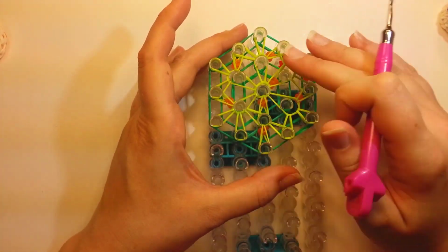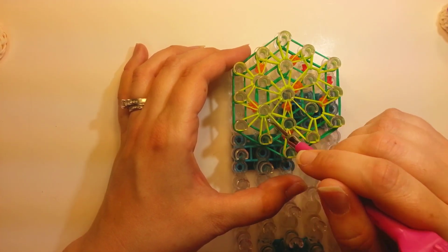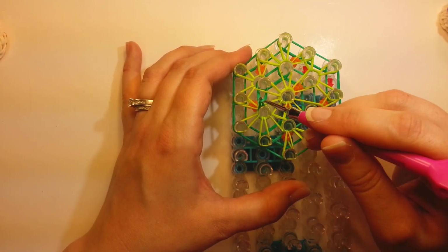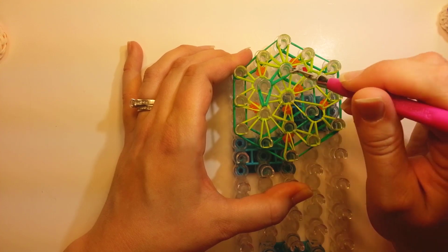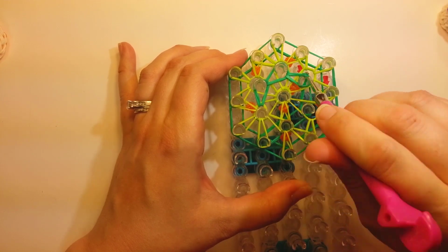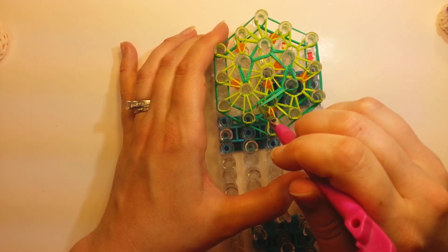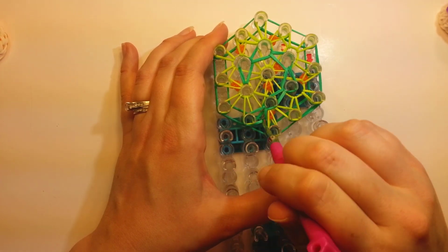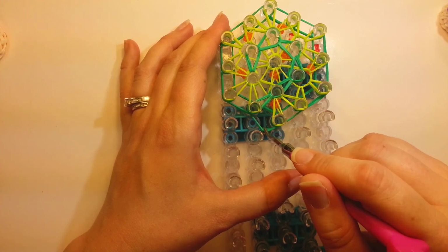So now we want to loom up the swirl, and we're going to start over here in the offset end cap. So go in there and grab the swirl bands, should be two of them, and just pull them back towards themselves. And go all the way around until you reach this point right here. Once you get to here, when you reach through here, you should be grabbing this band